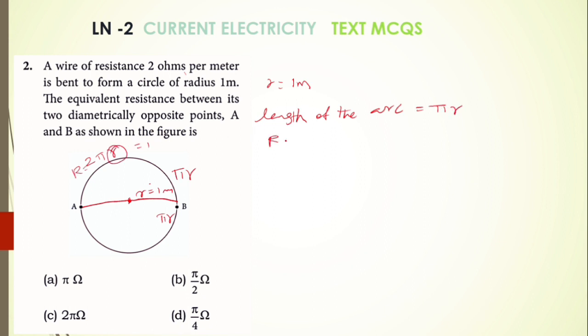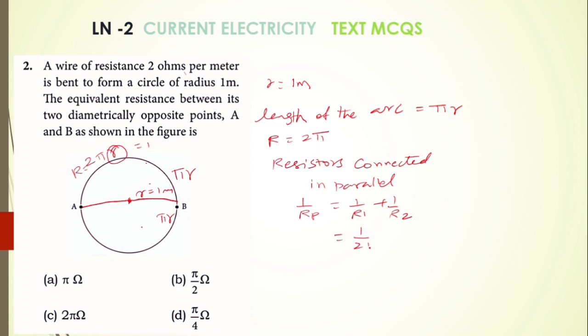So the resistance equal to 2 pi. So the two wires upside and downside are connected in parallel. Parallel formula: 1 by Rp equal to 1 by R1 plus 1 by R2. Here R value, 1 by 2 pi plus 1 by 2 pi equal to